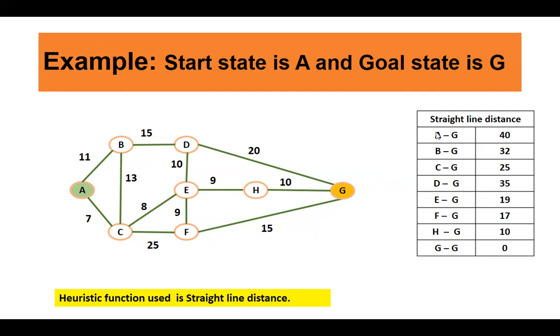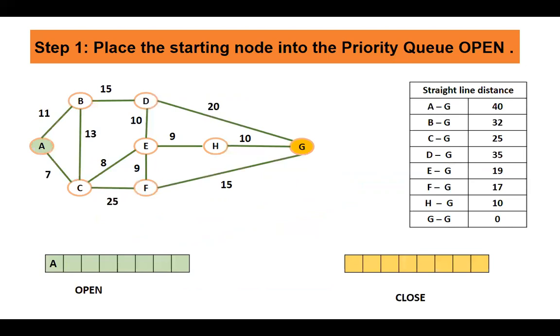Right? So our whole search will be based only on this table. It will not be considering the costs which are written on the edges of the graph. Is it clear? This will not be the input for calculation. The input for the calculation is only this. Okay. So let us start now.